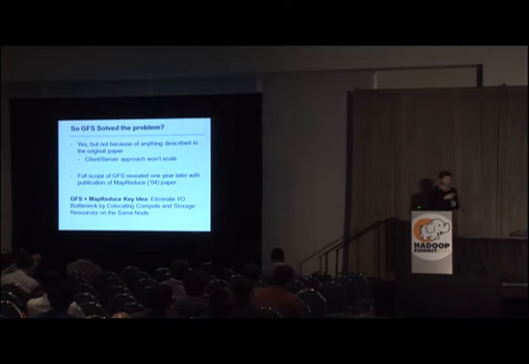in between. And it wasn't until a year later, when the MapReduce paper was published, that the missing piece of the puzzle fell into place. Because in that paper they explained that if you take this distributed file system and you eliminate the client layer, you effectively take the clients and merge them into the storage layer, the pipe connecting the two disappears, and the bottleneck between those two layers disappears. That's the core idea of GFS and MapReduce, and it's the core idea of Hadoop: instead of pulling the data over to the work, you take the work and push it over to the data.